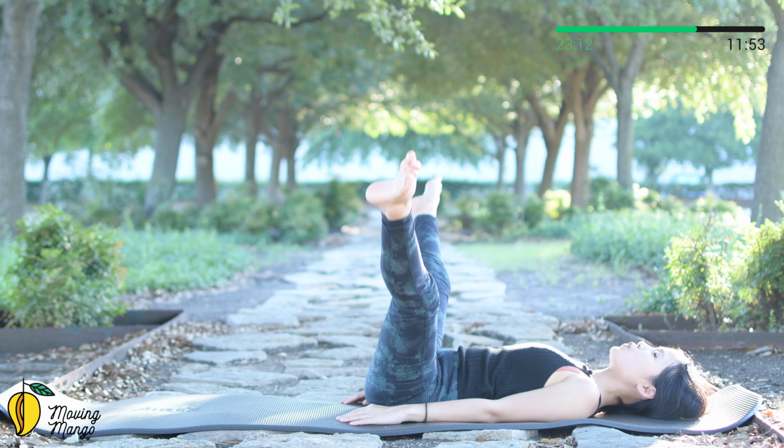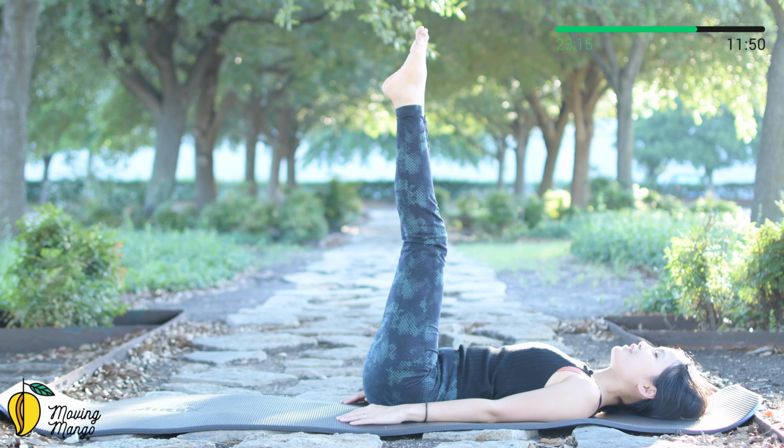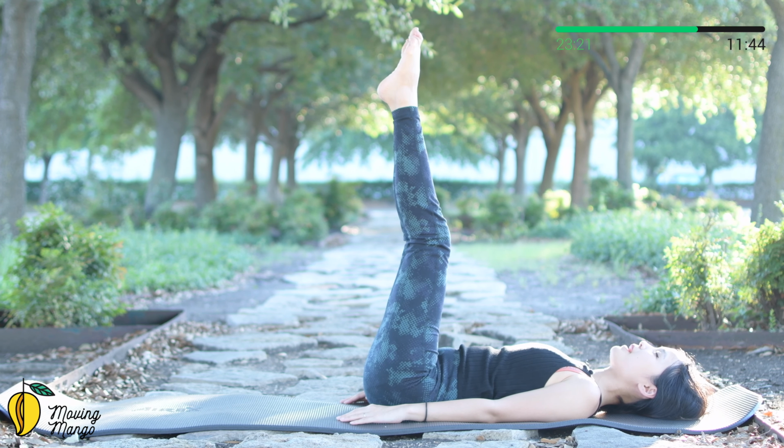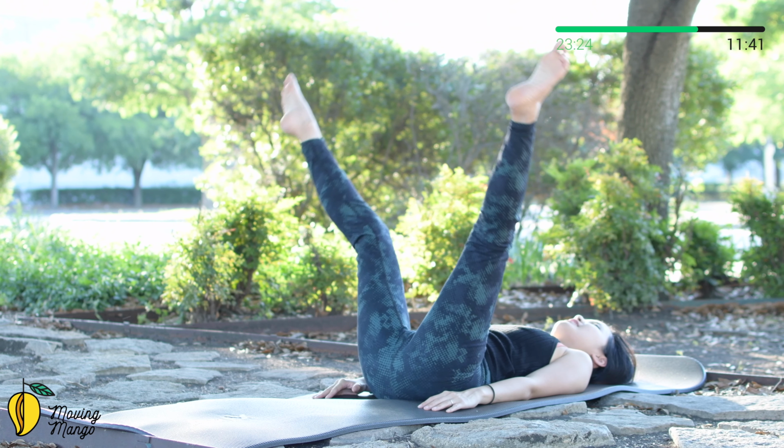Open, squeeze your thighs, and then come back for 7 more times. See with your own breath. 6, keep breathing. Shoulder blades down for more support. Back in neutral, hip bones down to the mat. 5,